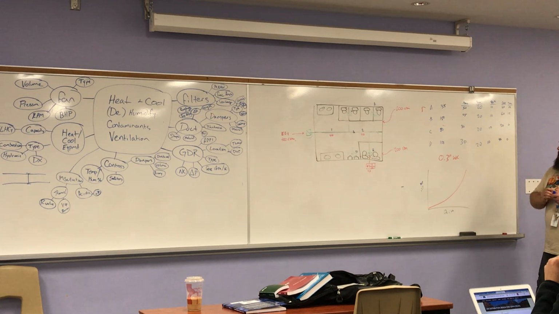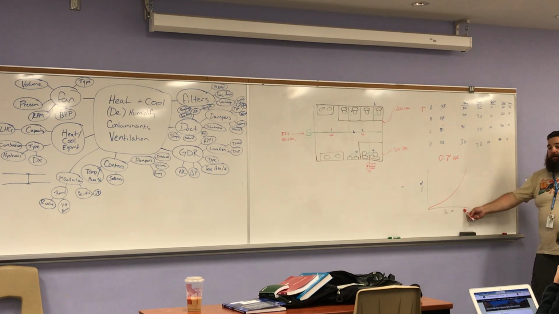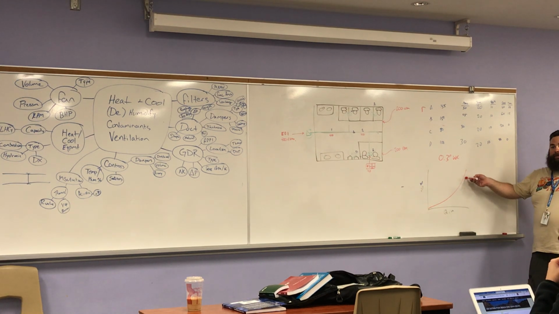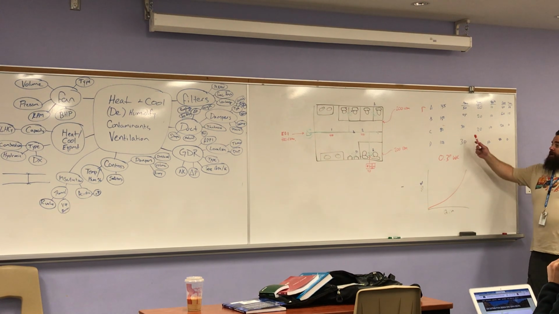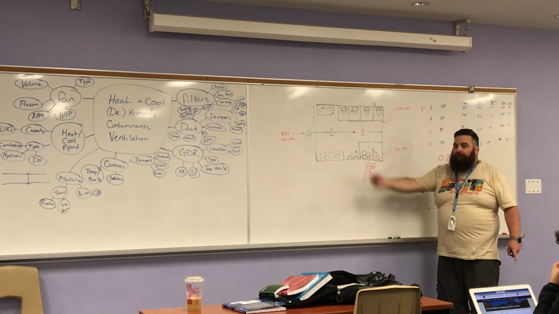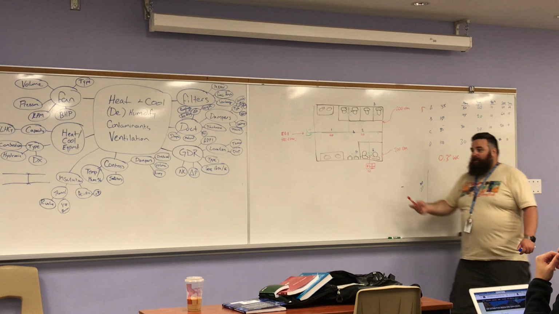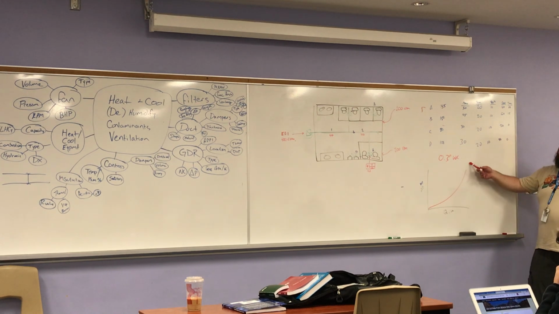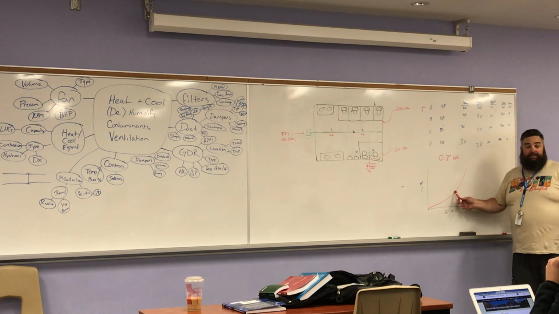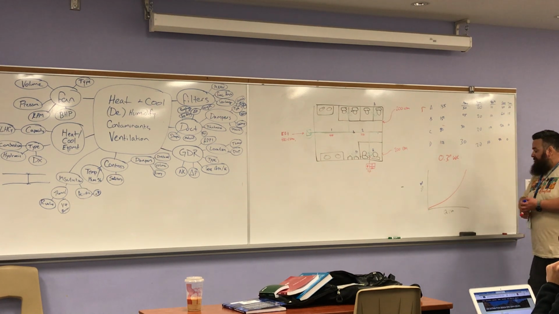okay? The more flow I have, the higher the pressure drop, right? As I try to move that air, more air through the duct, the faster it goes, the more friction there is, and the more pressure drop. That's why our curve builds. The higher our CFM, the higher the pressure drop. That's my system. My fan